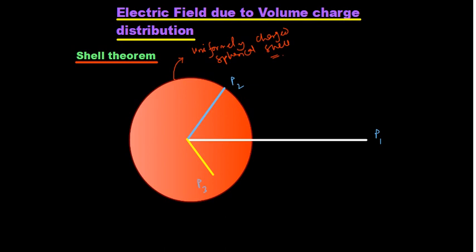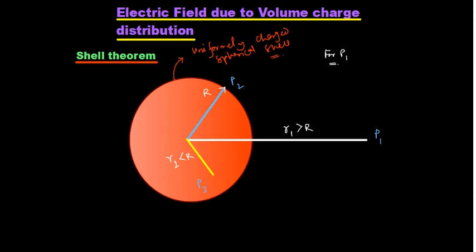And point P1 is, let us say, small r1 distance away, which is greater than capital R. Capital R, I am taking as the radius of this shell. And this point P3 is at distance r2 away from the center, which is less than capital R. So what we need to know here is that for point P1, I will just keep it in short format. You remember this much, that will be sufficient enough to solve questions.